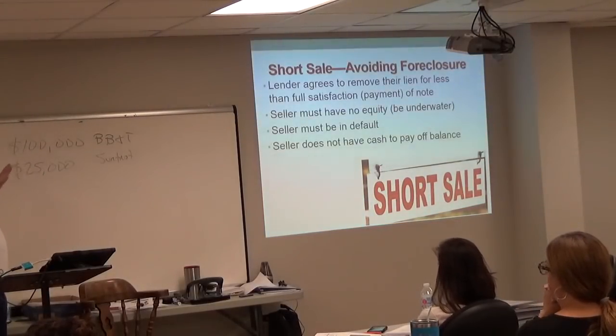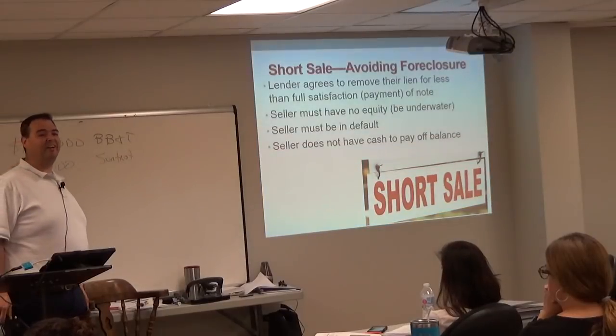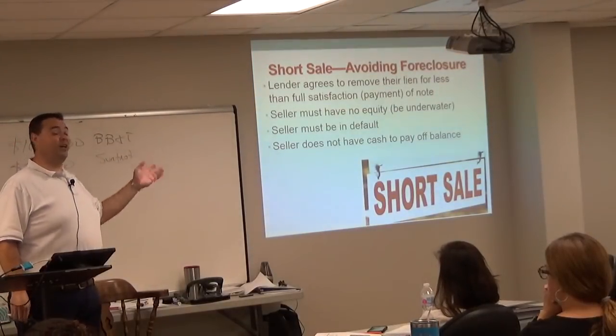But SunTrust can't short sell it unless they get BB&T to agree. Oh, because they're not going to have the trustee fees and all that. That's right. That's okay. Exactly. So they can possibly get their money. That's exactly right. And here's the other, and it could be uglier.